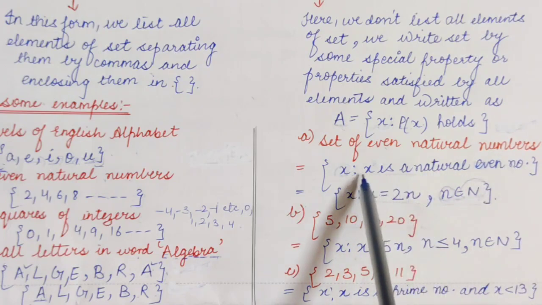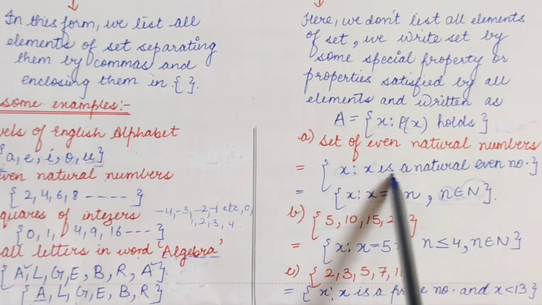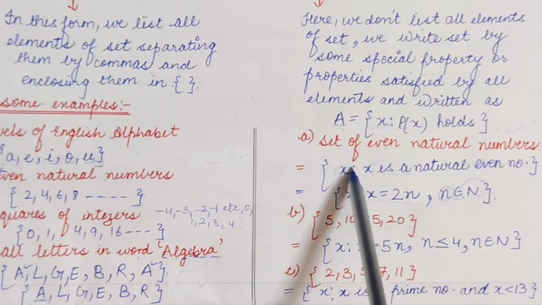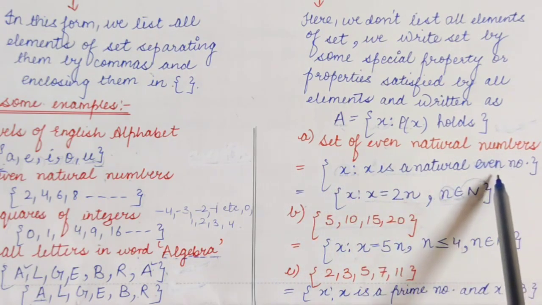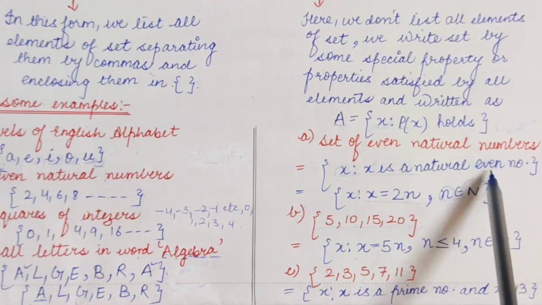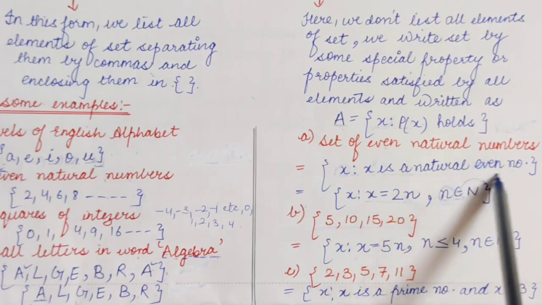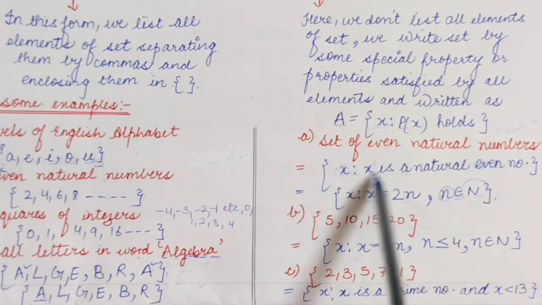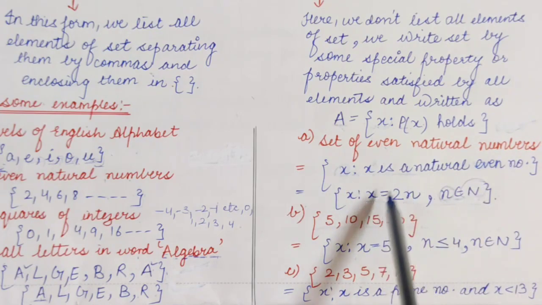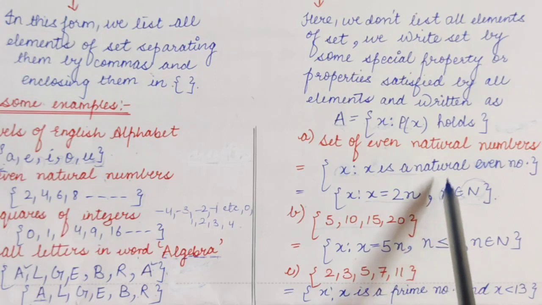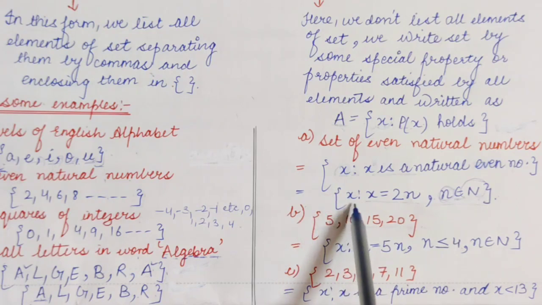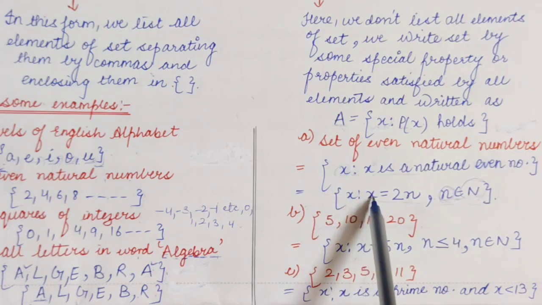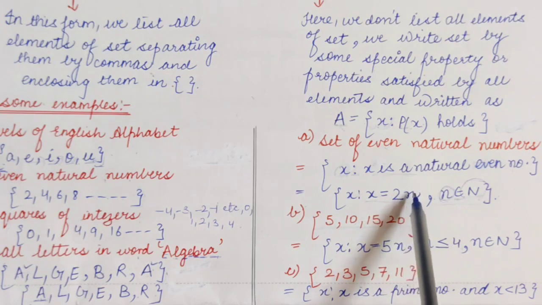So what I have done here, I have represented the properties of all the elements which are supposed to come here. So this is our set builder form. What we have done here, we have represented the property which will come here. After that, there is another form also. We can give the answer of this question in this form also, which says curly bracket open x such that x is equal to twice of n.